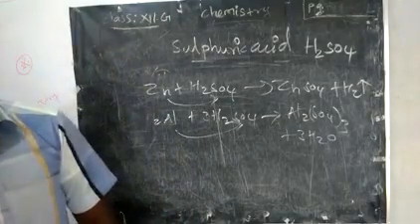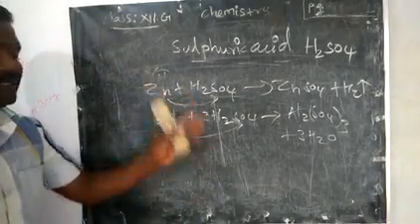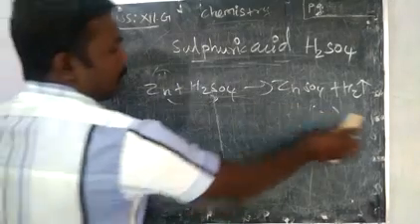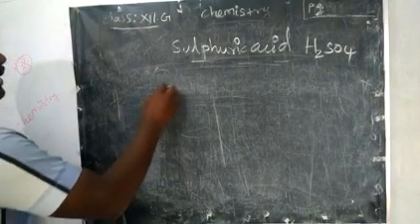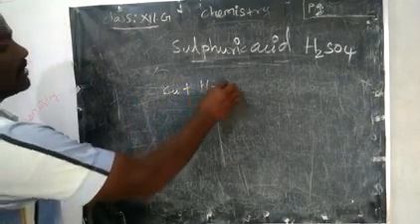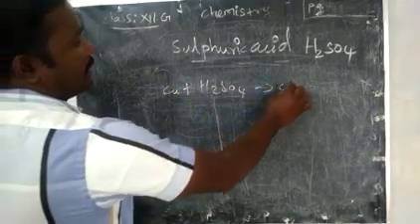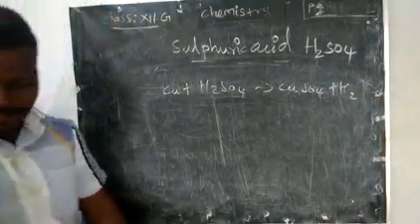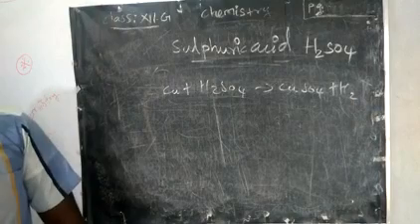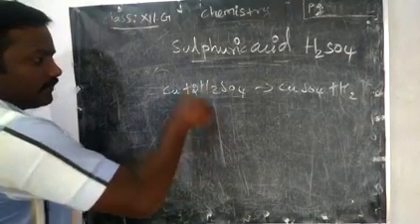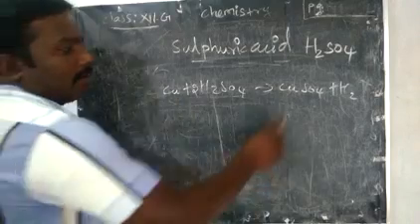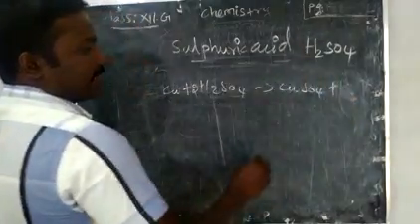Now, next, with concentrated sulfuric acid, these were dilute acid. With concentrated acid, copper and lead react. So, copper reacts with concentrated sulfuric acid. It will give copper sulfate and hydrogen gas. Am I right? A small change because of the least reactive metal. We are not getting this compound.